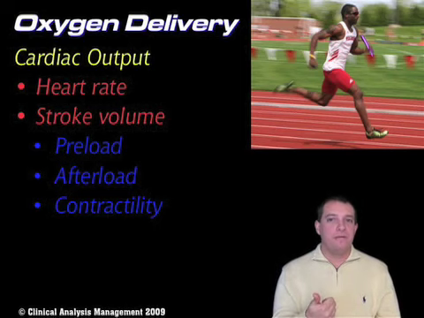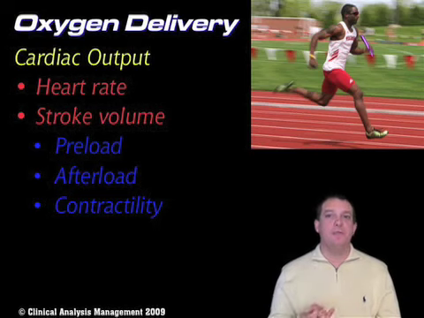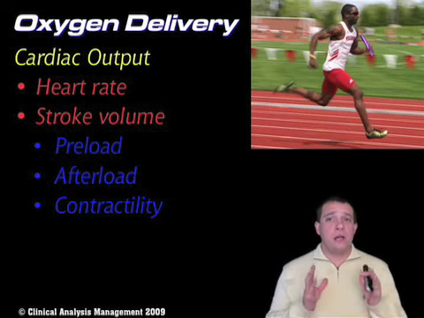We have to have an adequate FiO2, we have to have adequate respiratory movement of gas and diffusion in the blood, and then finally we've got to have blood movement in the form of cardiac output. So when we talk about oxygen